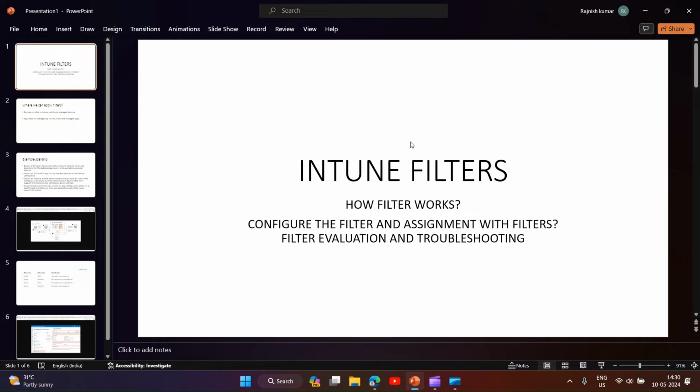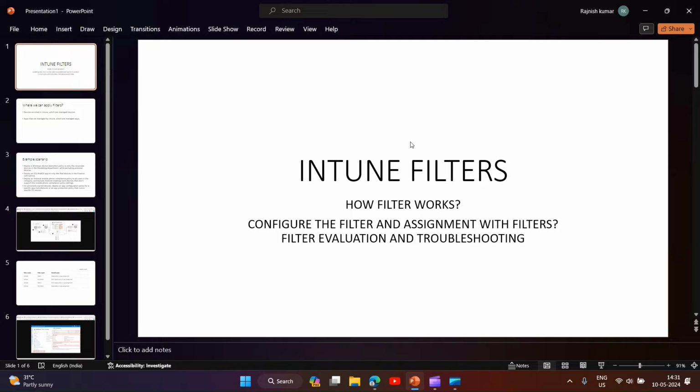If you remember, earlier we were using EntraID groups for assignments, but there were a lot of issues because there is latency in the evaluation of EntraID groups, and most of the time you do not get the desired result when you assign any policy or app to those devices. So now we have a new tool, which is filter in Intune, which can be leveraged along with Intune